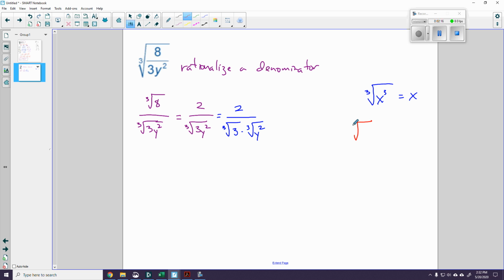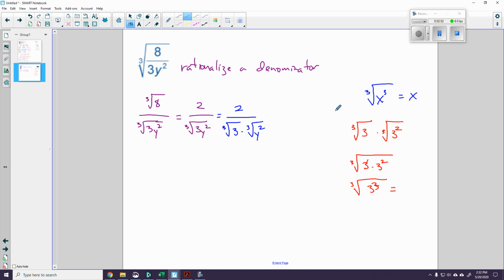If I have the cube root of 3 and I'd like to get rid of the radical sign, how about if I multiply it by the cube root of 3 squared? Then, using the product property of radicals, I can put this in one radical sign. I'd have the cube root of 3 times 3 squared. And since we know that 3 is really 3 to the first, that's the same thing as the cube root of 3 to the third,